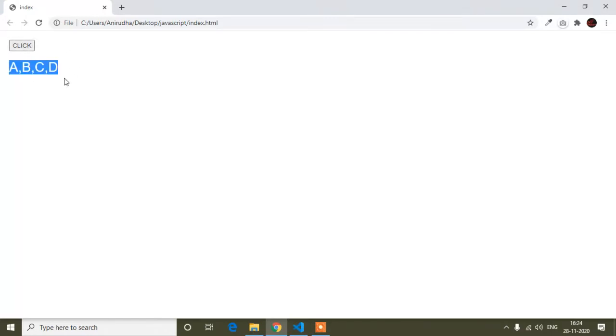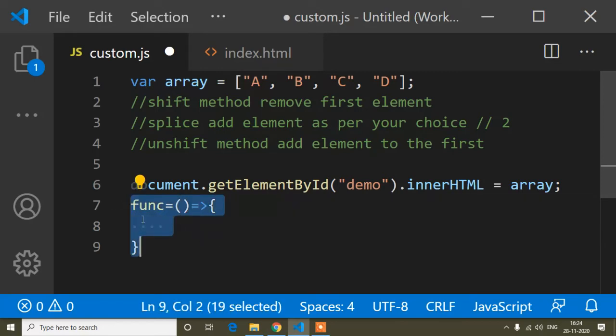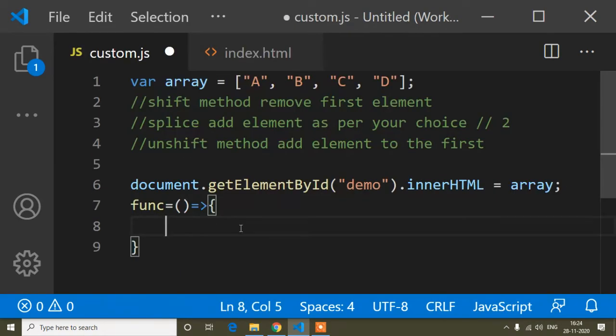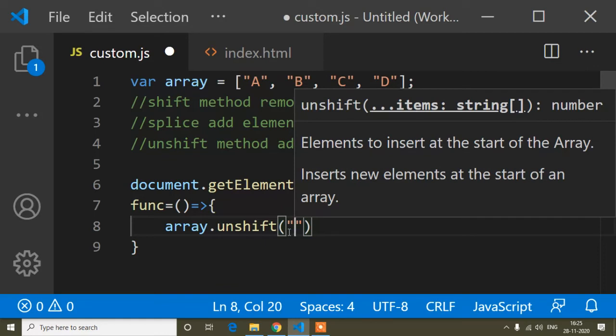So when I click this button, I will use the unshift method. I have to write the unshift method inside this function, because this function is working as the click method which I have defined in the button here. Now in this button I want to use the unshift method on this array, so I will copy this variable array again and paste it here. The syntax is simple: unshift, parenthesis, and which value we want to add. Suppose I want to add the value f.